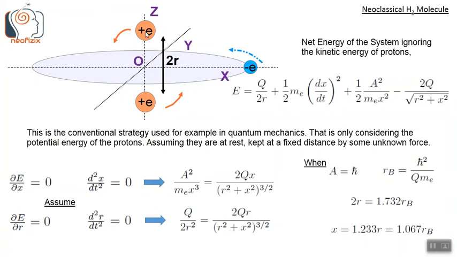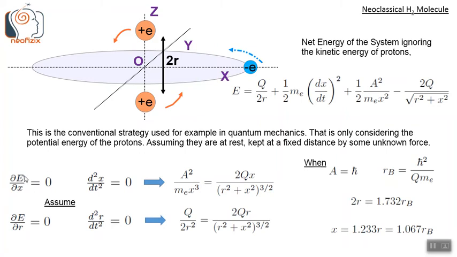So assuming that the protons are at rest and kept at a fixed distance by some unknown force. So that is the assumption used here in this convention. So as usual, we consider the partial derivatives of E. So if E, the energy, is constant,